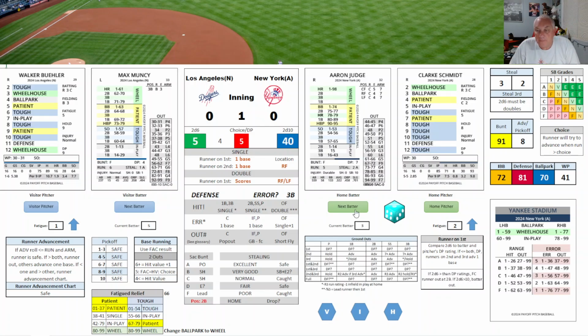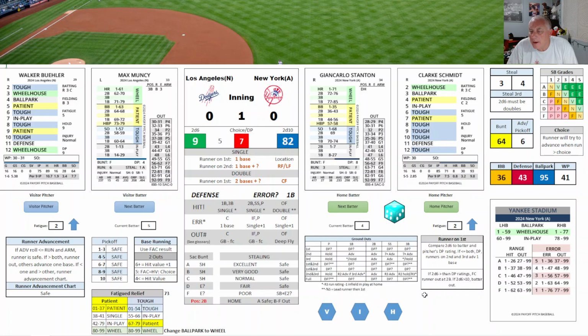1 out. The Yankees have gotten ahead in the first 2 games and not been able to hold on. Stanton, 9, patient again, 82. That's going to be a grounder to short. So we check the double play. He gets him at 1, and he's going to be a double play. So the double play rating for Buehler is a 9, which is really good. Stanton's an 8, which for a batter is not good. The number's a 7, so we check to see if it's greater than both. It is a double play.